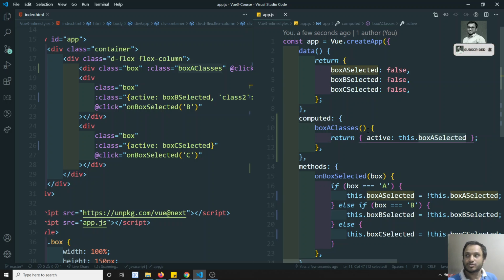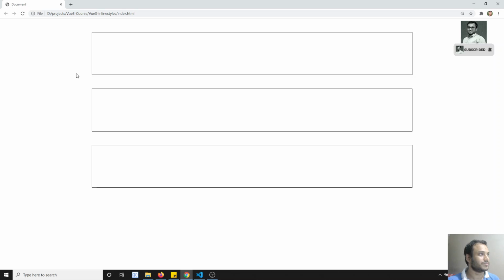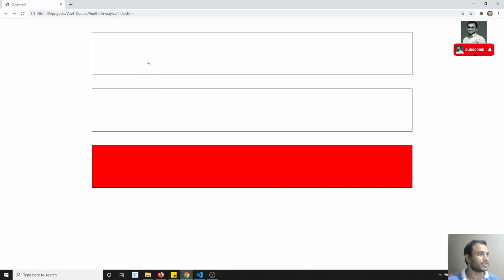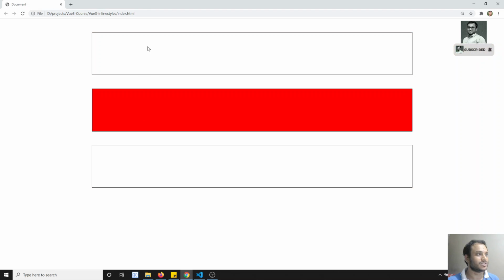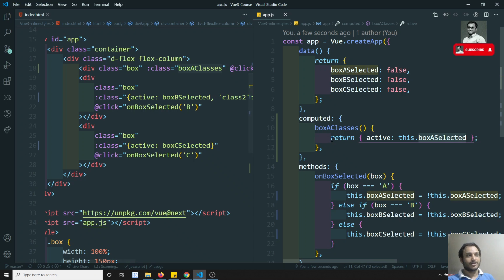These types of dynamic classes we can use with the help of computed. Now if I try to check the output here, the same thing applies. So we have changed computed only to the box here, right? We can write like this. In this way the computed will be helpful for applying the dynamic classes also.